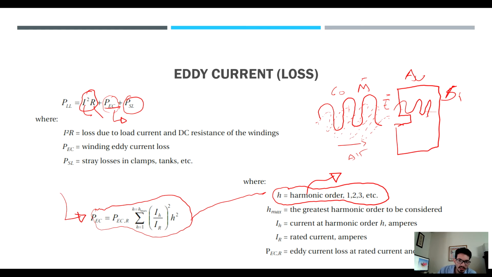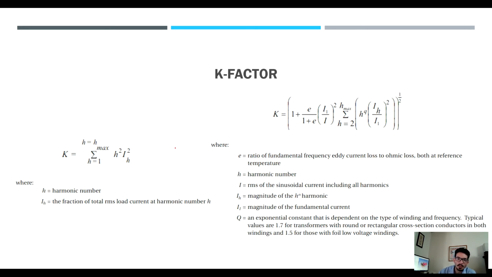People who build transformers use these quantities to determine the amount of loss, okay? And with the amount of loss, you can find the K factor, which is what we were trying to find. So it's a very complicated expression. Of course, I'm not going to ask you to compute the K factor of a transformer, but I want you to know that there are ways,